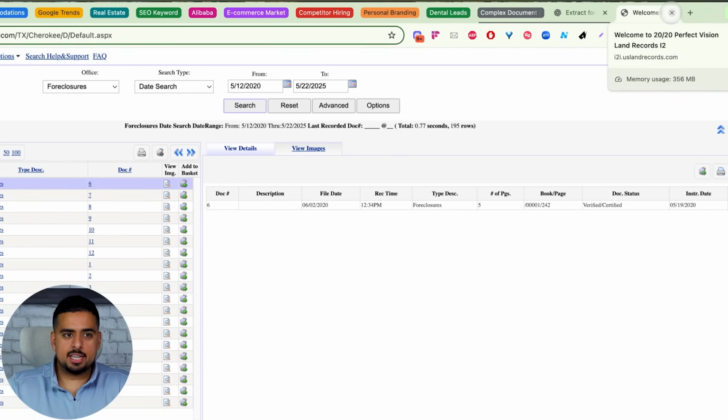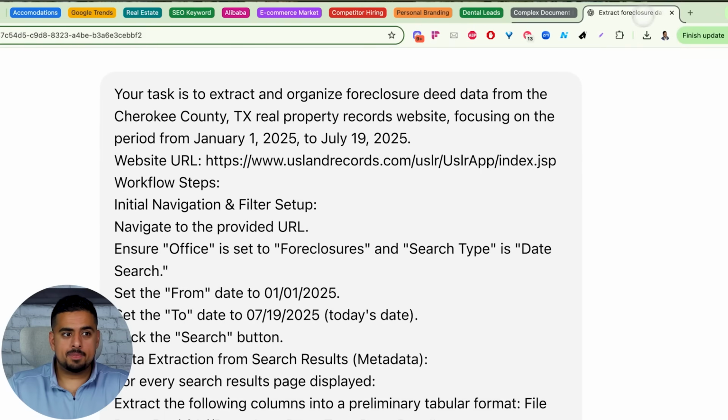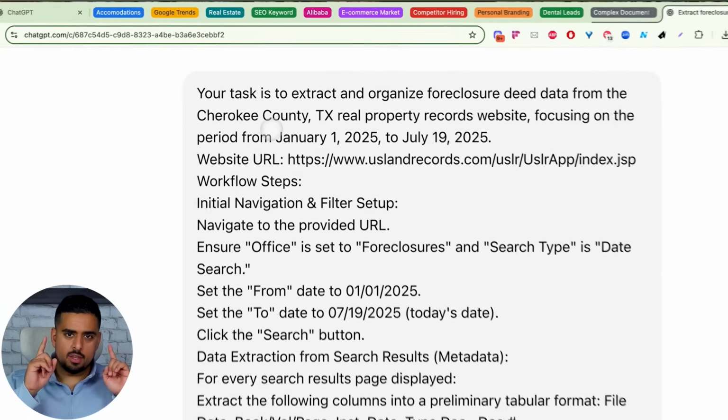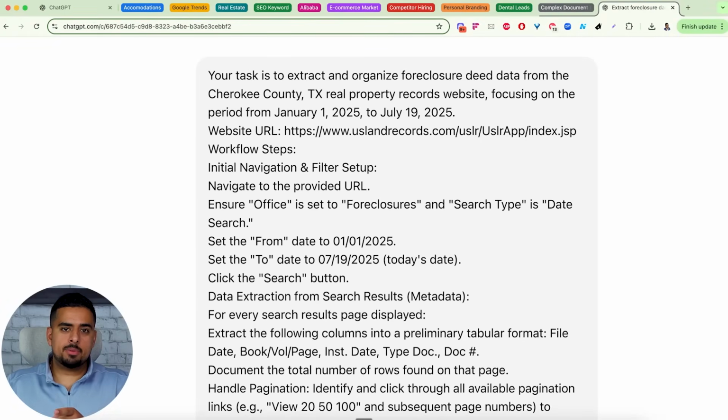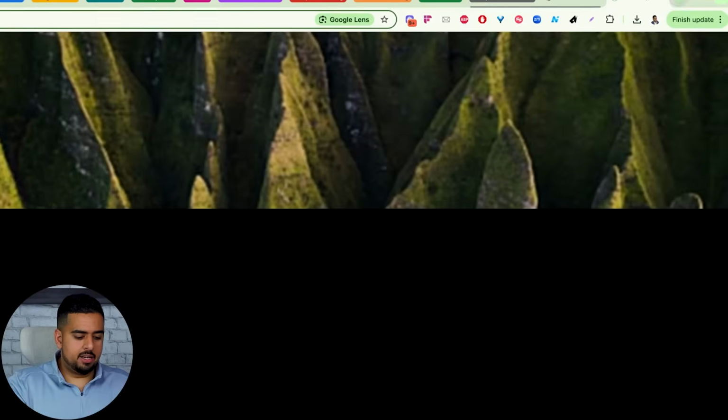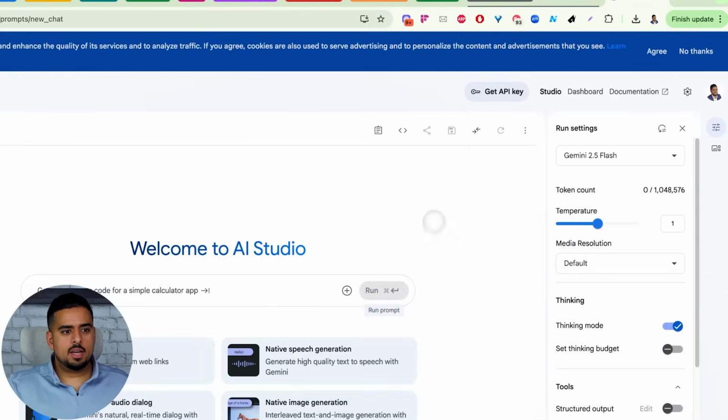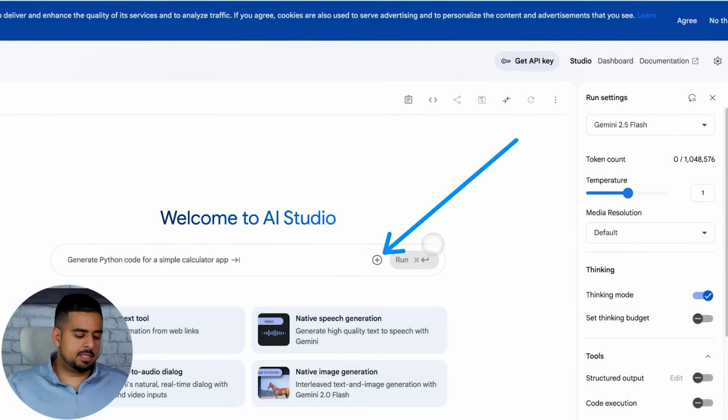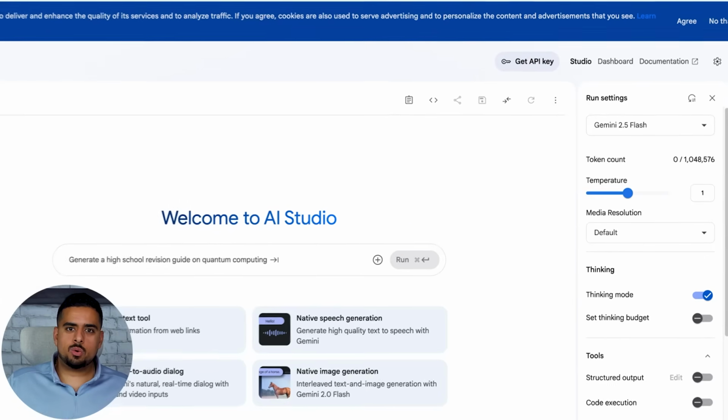Now, very tricky task to do, even if you're trying to automate it. So I wanted to ask it here, and one thing that I did different with this prompt versus all the others is I actually recorded myself on screen clicking through the different parts of the website to get to the section that I cared about, and then I took that video and I went to aistudio.google, and then I uploaded the video and said basically, I have this AI agent that's going to browse the